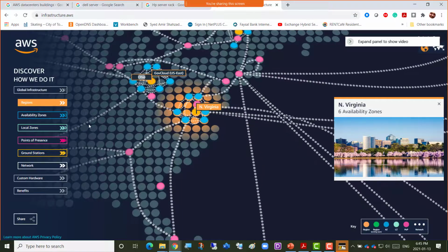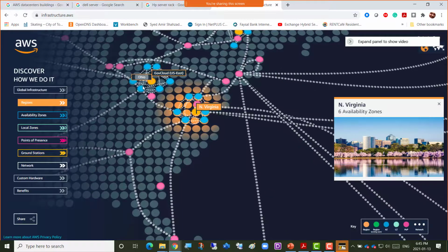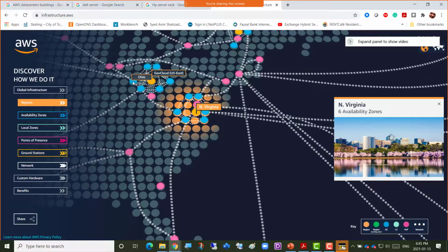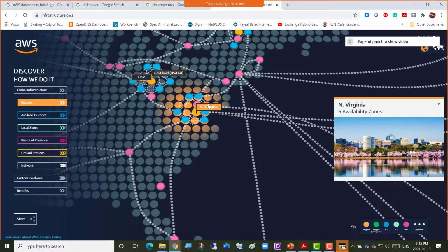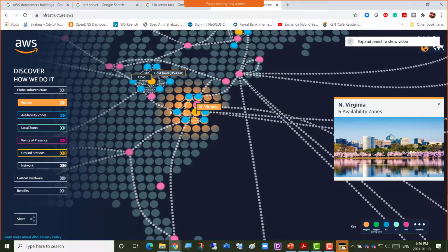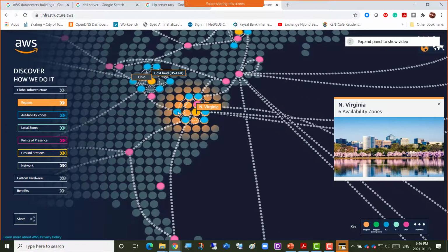These are their dug out fiber optic lines that are connecting one availability zone to the other availability zone, that is connecting one Ohio region to the North Virginia region, right? So this means if they have dug out their own lines, they're not depending on those ISPs, internet service providers, right, or telecom operators.